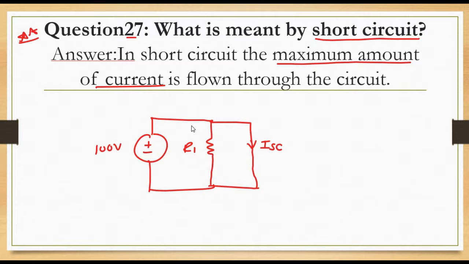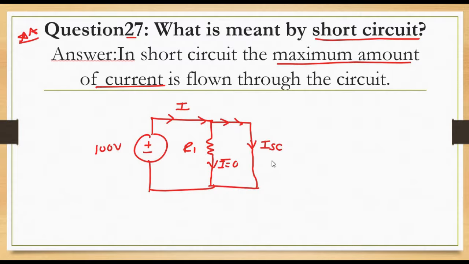Since current always follows the minimum resistance path, and the resistance of short circuit is minimum compared to the R1 resistance, all the current will flow through short circuit and current in R will be zero, which means that